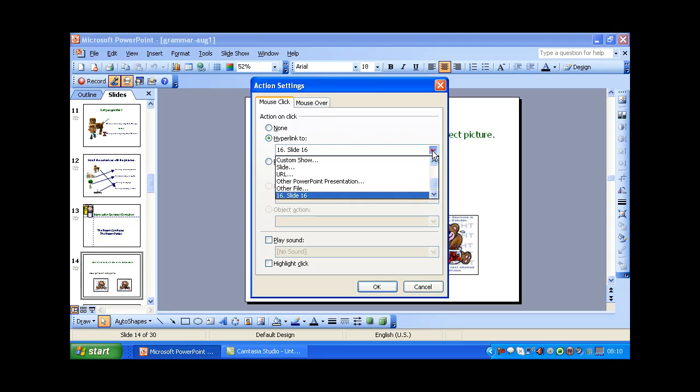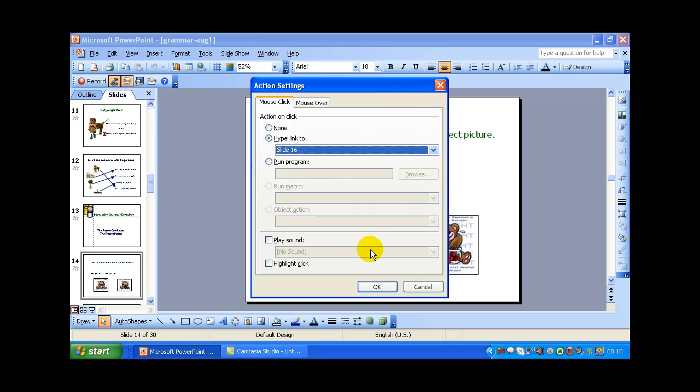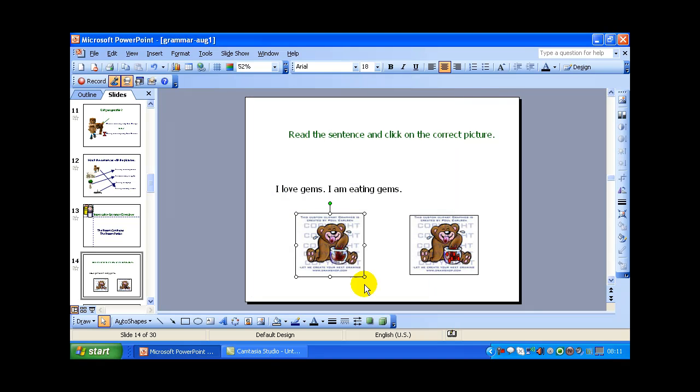So I select here, go to slide, and all the slides will be listed here. Then I choose slide number 16 and click OK. Now it is linked to slide number 16.